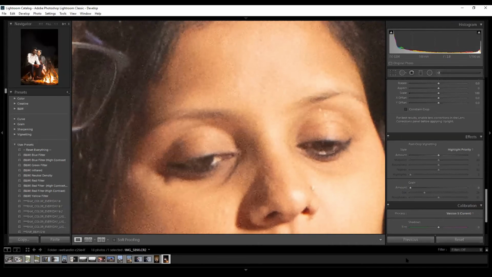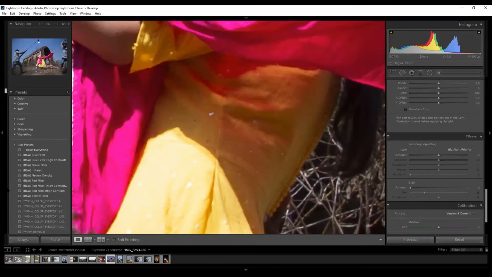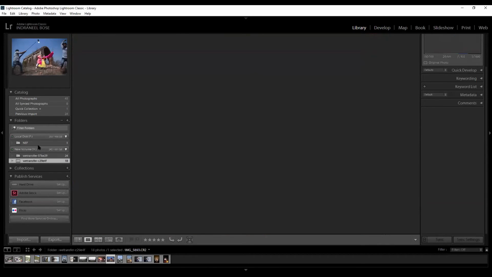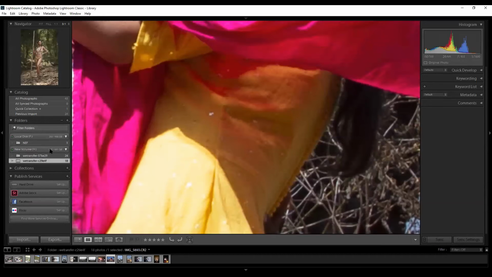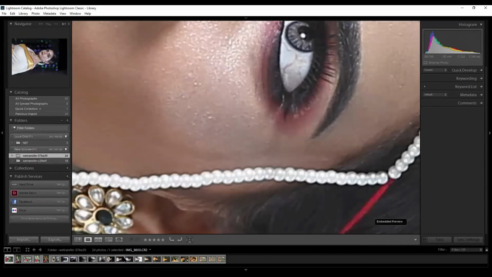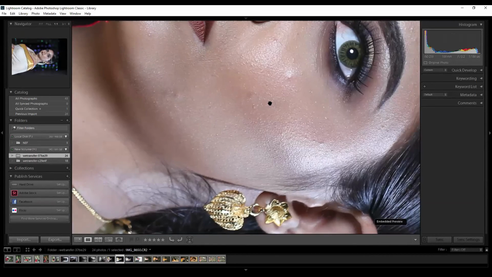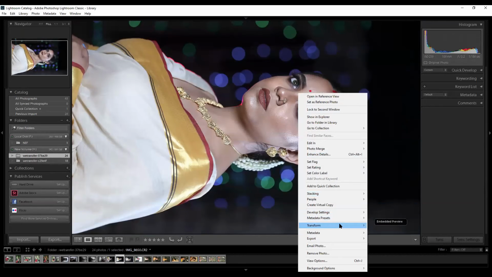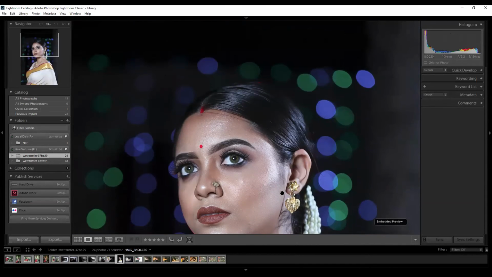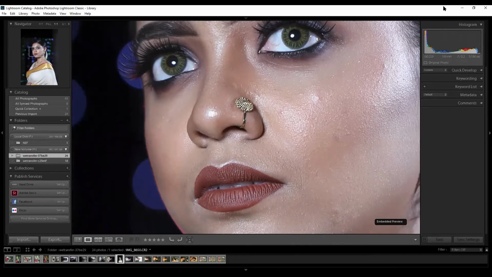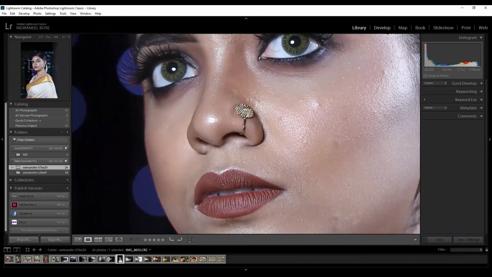So basically in commercial pictures, rather than using sharpening, we try to enhance the image more with the grain. Let me take an image of commercial pictures, then the idea will be much clearer.